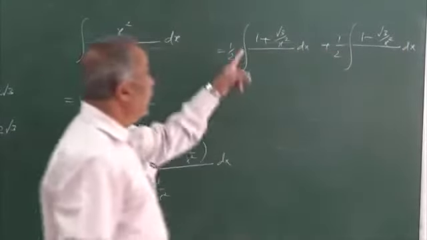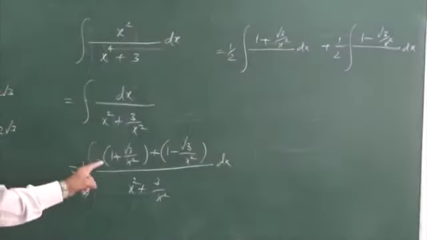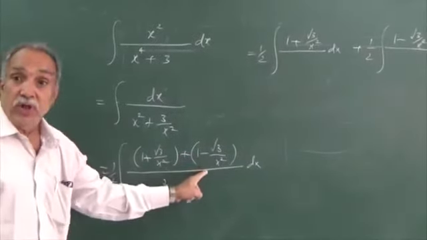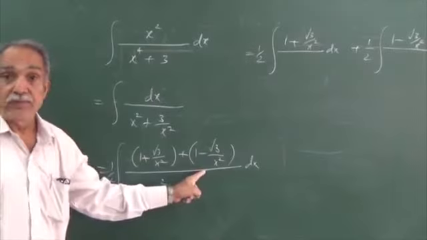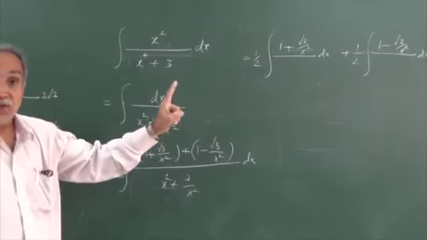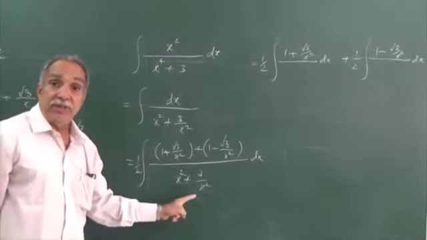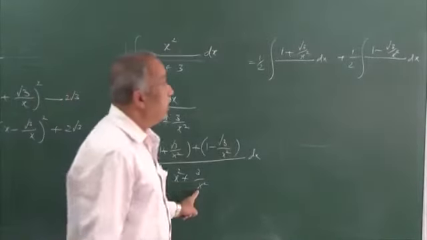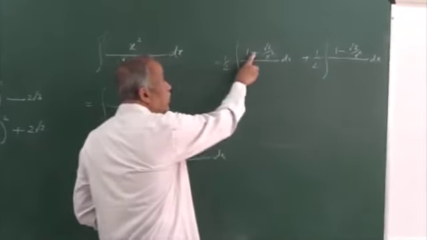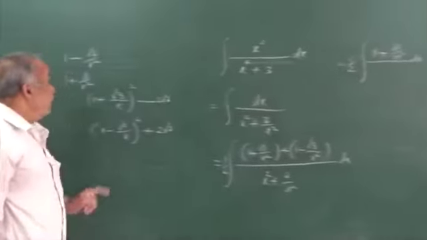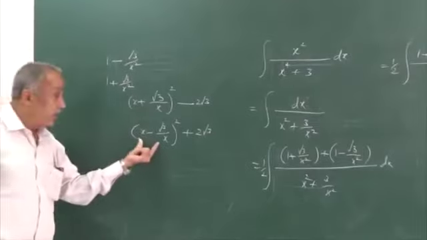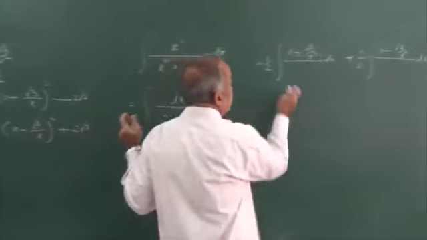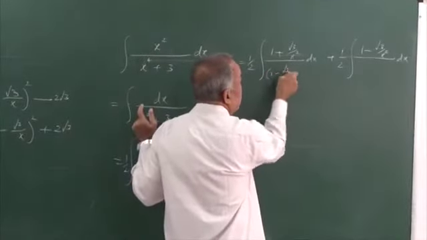In one portion, I have taken the numerator as half of 1 plus root 3 by x square. In the other portion, the numerator is half of 1 minus root 3 by x square. Actually, in both cases, the denominator will be x square plus 3 by x square, but we prefer to have it written in different forms. In the first case, because the numerator 1 plus root 3 by x square is the derivative of x minus root 3 by x,